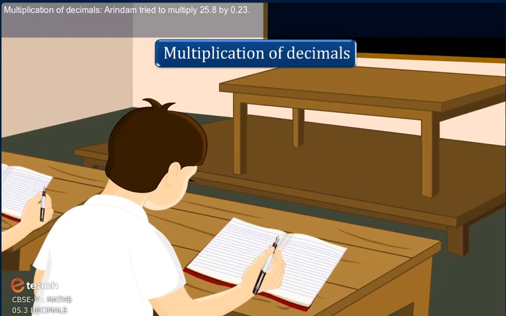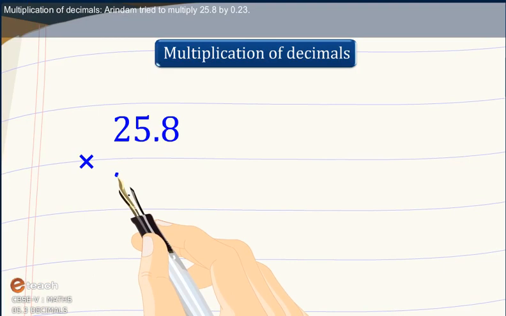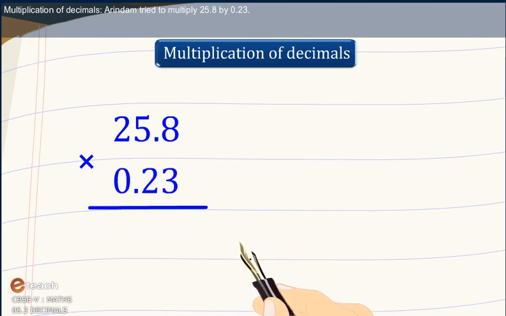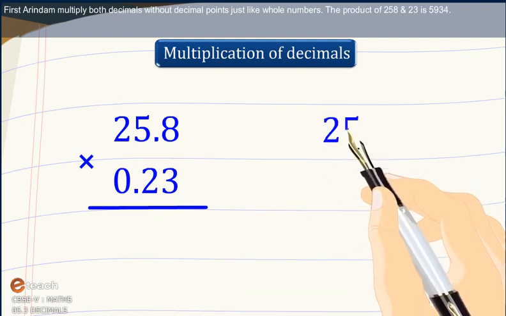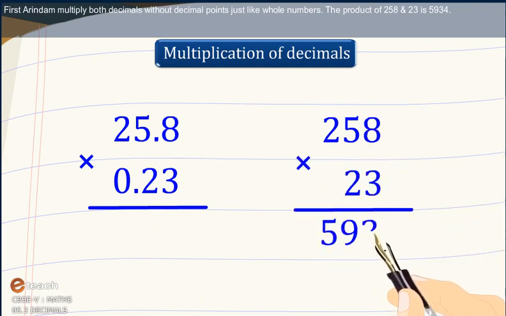Multiplication of decimals. Arindam tried to multiply 25.8 by 0.23. First, Arindam multiplied both decimals without decimal points, just like whole numbers. The product of 258 into 23 is